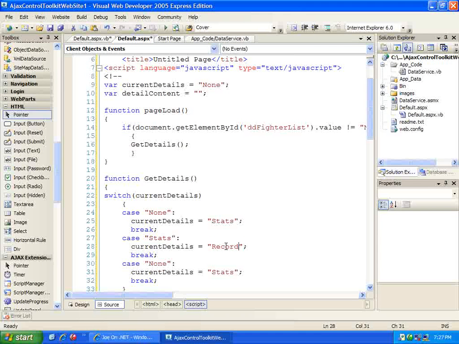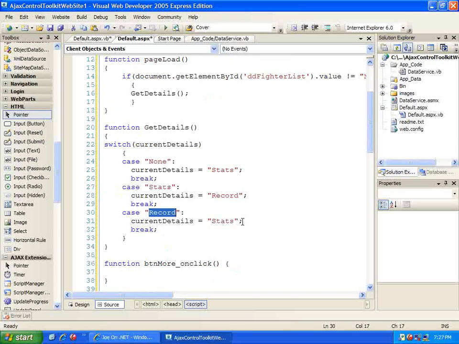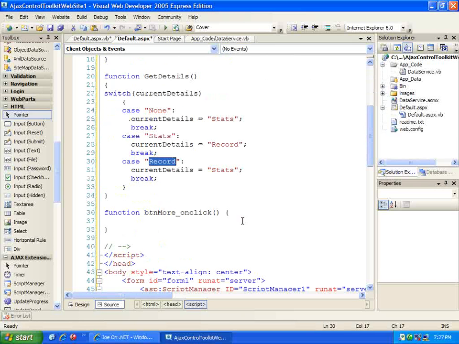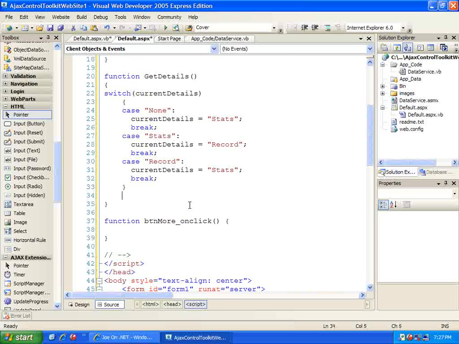And if it's equal to record, then fetch the stats, right? So when the page initially loads, it starts as none, and then as soon as the user selects view stats, the state just toggles back and forth between stats and record. All right? Now that we've determined what it is that we're going to predictively fetch, now we can go fetch